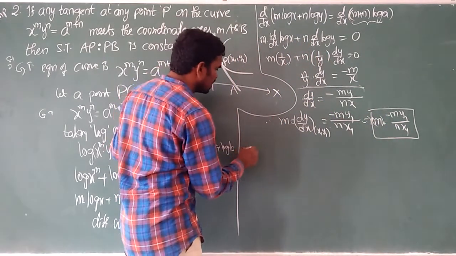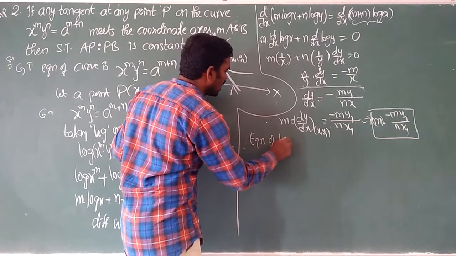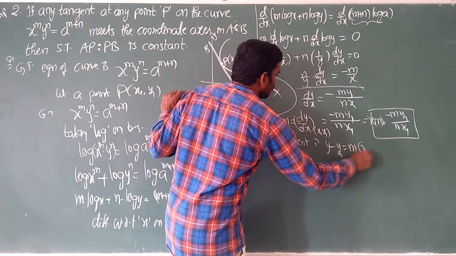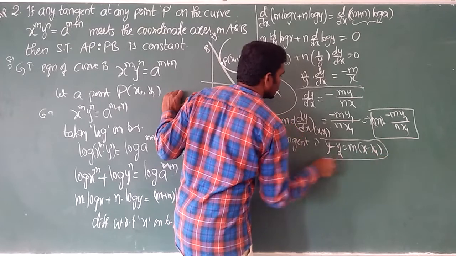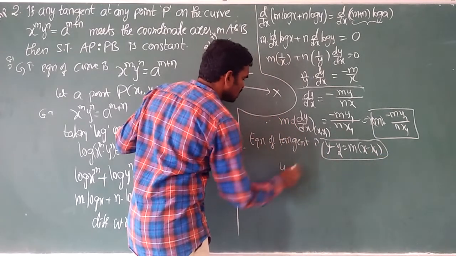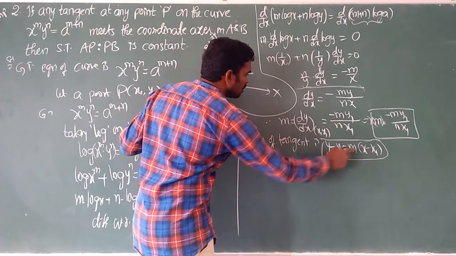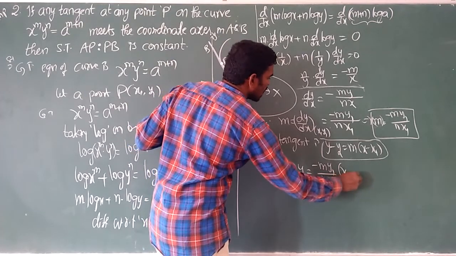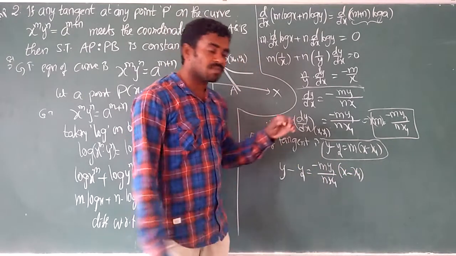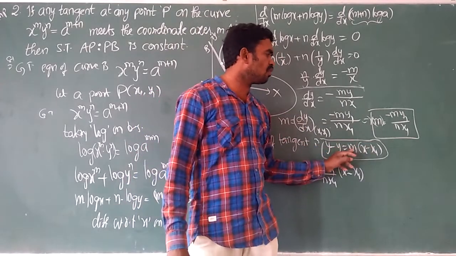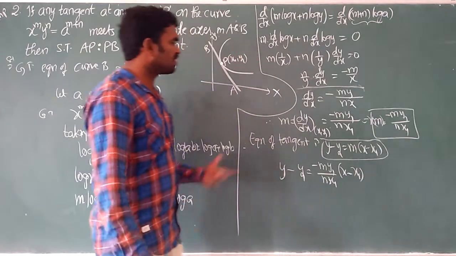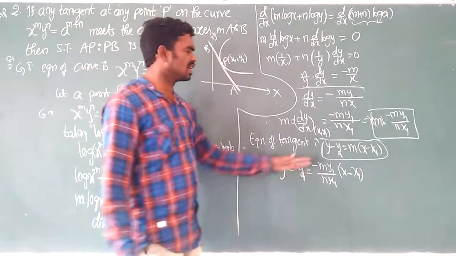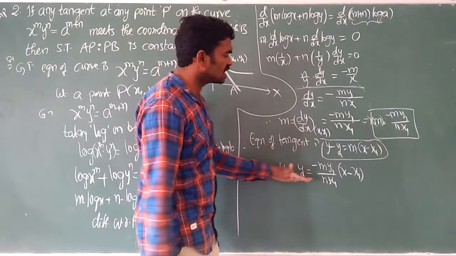Now the equation of tangent is y minus y1 equal to m into x minus x1. So this is the tangent equation. y means y, minus means minus, y1 means y1 only, m means minus m y1 by n x1, into x minus x1. Here the point is taken as x1, y1 only, but m we found. In the previous question, the point x1, y1 was some other point that was substituted. Here x1, y1 means x1, y1. Simplify this and transform into